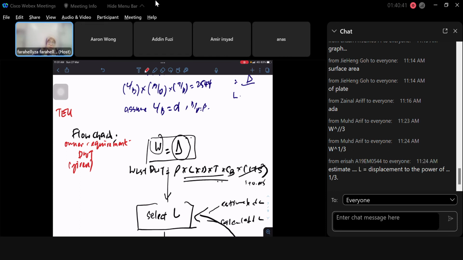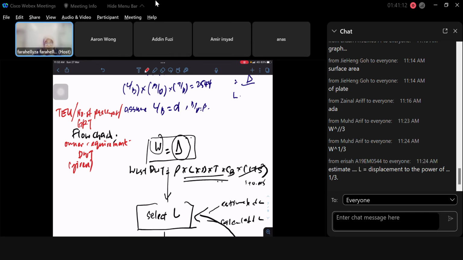So TEU, or number of passengers, or gross tonnage, GRT, and DWT. So there are four different owner requirements, depending on the type of ship: TEU, number of passengers for RoPax, GRT for RoRo vessels, and DWT